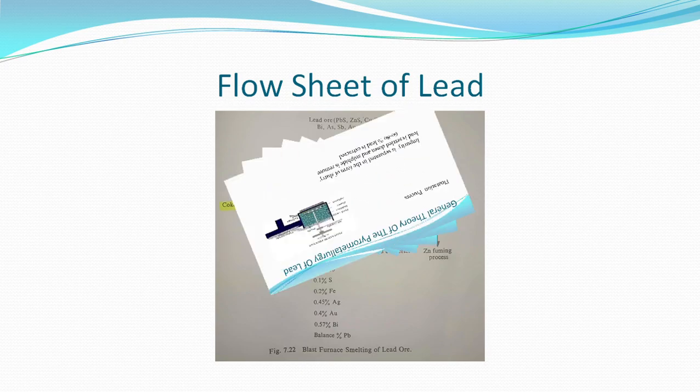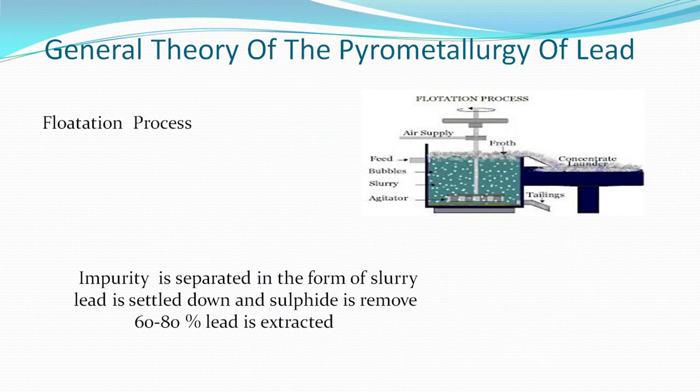So first we'll start with the froth flotation process. My friend, you know that lead extraction is a pyrometallurgical process. So the first process of this lead extraction is the froth flotation process. In froth flotation, as you know, chemicals are taken in a container. At the same time, pine oil is also poured into that solution. At the same time, the ore of lead is also put in the bath.